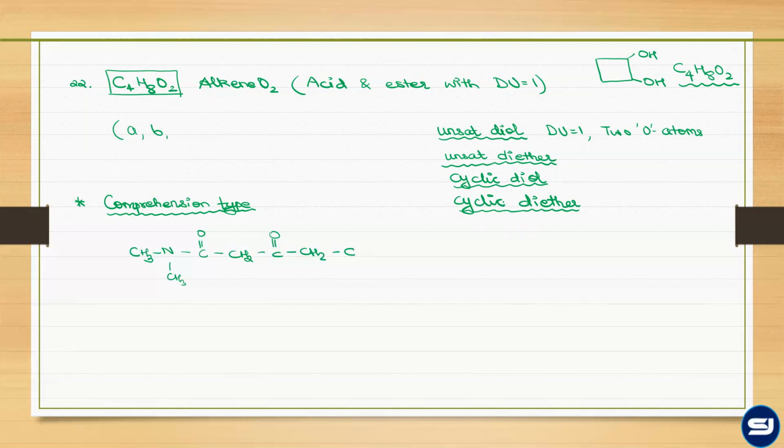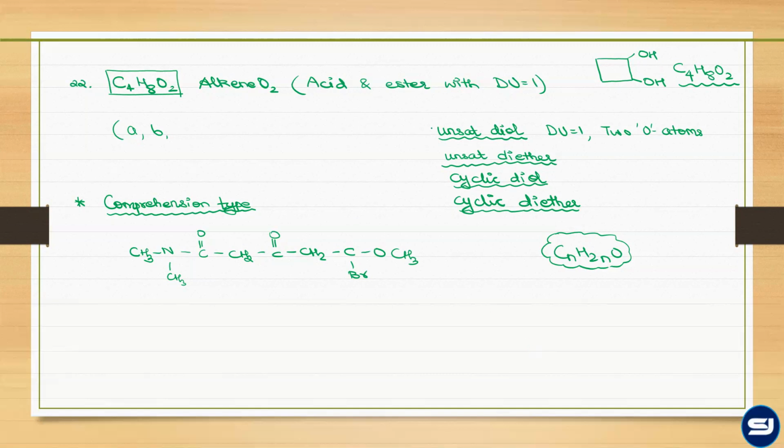I have only given you acid and ester, but besides that, these are all the other compounds which this formula can represent. In fact, I had already given the possibilities for CnH2nO. What does CnH2nO refer to or represent? What all will this represent? Aldehyde, ketone, unsaturated alcohol, ether, unsaturated ether, cyclic alcohol or cyclic ether. So all these possibilities are understood.